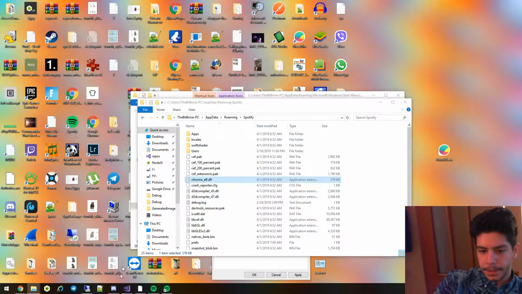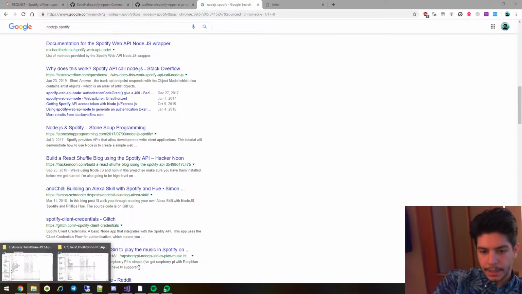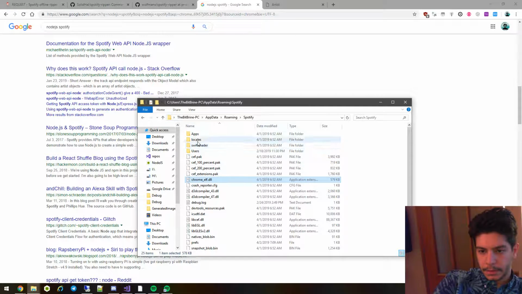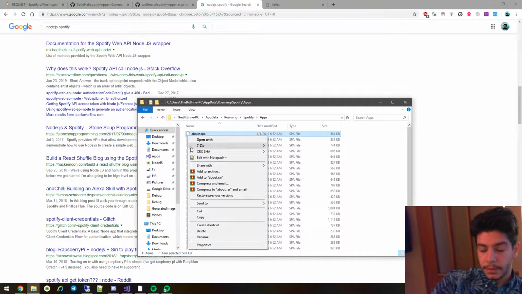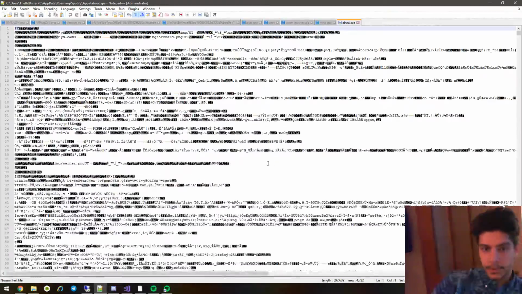Okay, so here we have Spotify's directory, and the thing that I've noticed is it has these things called apps within itself. So it's basically some templates for different things, like the about page, artist page, browse page, and that kind of stuff. So clearly when you try to open this with Notepad++, you'll get this because we don't know what